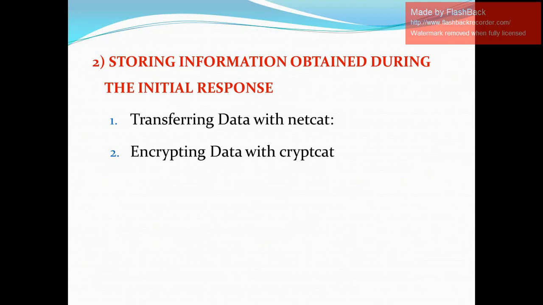So the next one is the encrypted data within CryptCat. Consider encrypting the traffic using CryptCat. An alternative is to use a crossover cable to directly connect the victim system to the forensic workstation. A directly connected cable will give more security, and it helps the encrypted data move very fast.